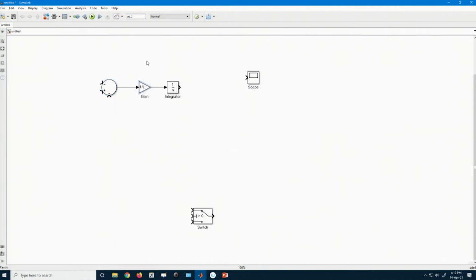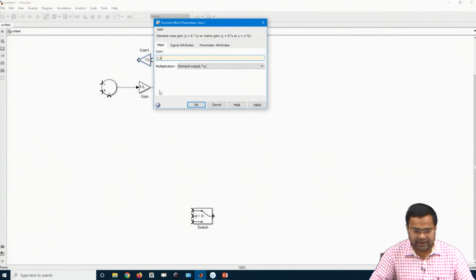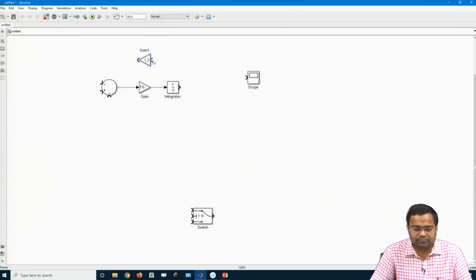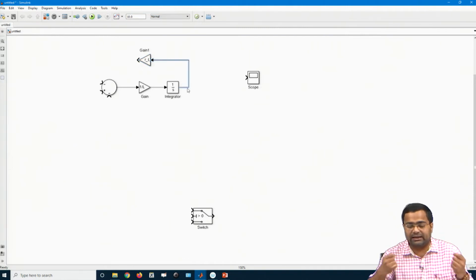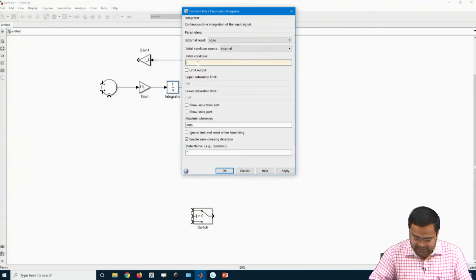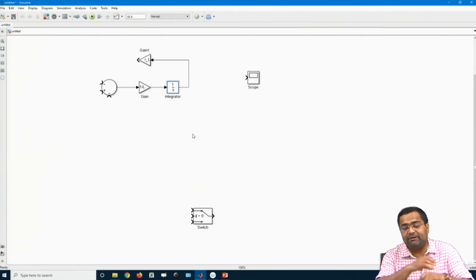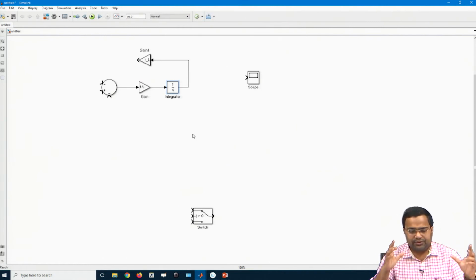Again we need to have a gain, and this gain is R_L, that is my DCR, and this is connected here. It is because this integrator output is my inductor current. We can set the initial value IL0, and we have to define this initial value in the script file, otherwise the model will not be executed.